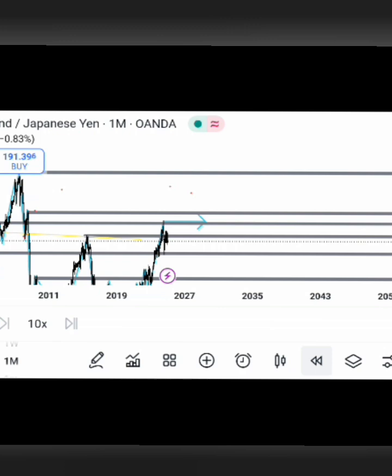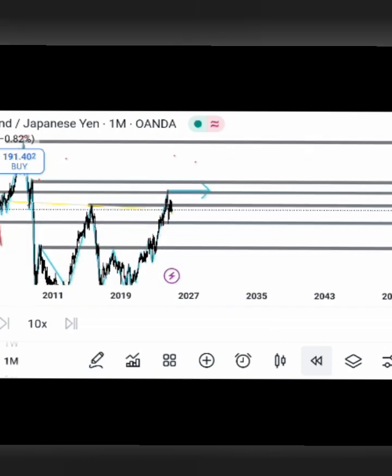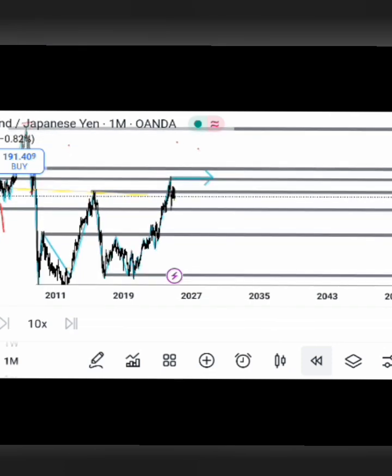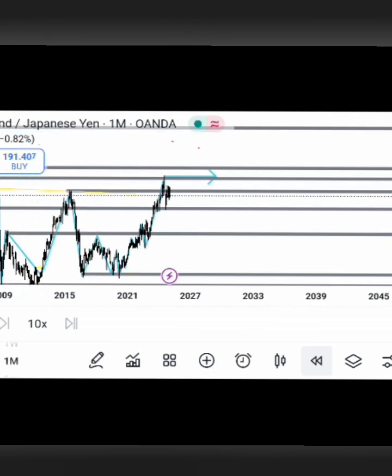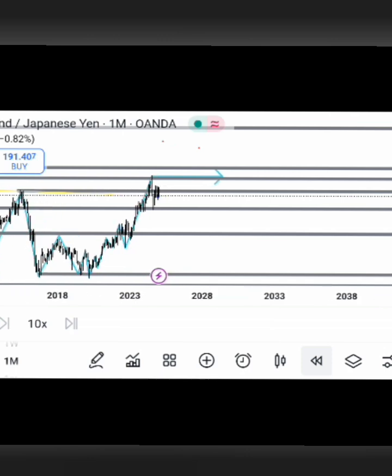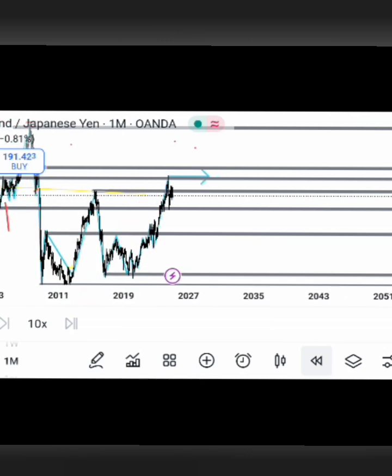So as price comes here, we expect that if it can't break it, then price is going to go down. But if you check something that is forming again, it looks as if it has broken